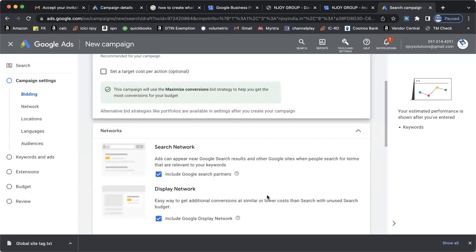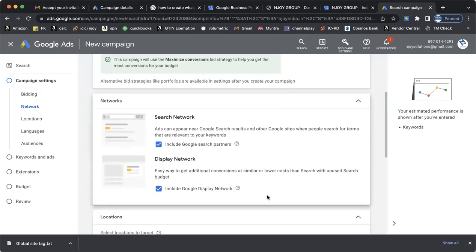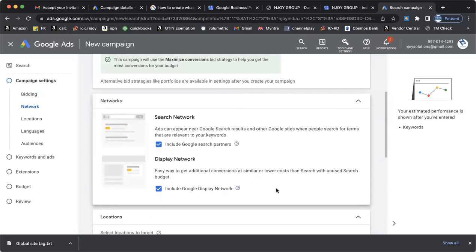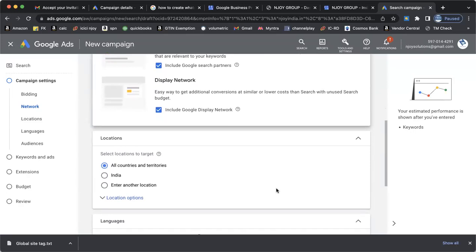Is it only the search network ad? जो कुछ भी आपको आपके सर्च इंजन में जो टेक्स्ट टाइप ऑफ एड्स क्रिएट हुआ था ऐसे ही आपको चाहिए, नहीं तो डिस्प्ले नेटवर्क एड, पॉपअप एड्स, कोई दूसरे वेबसाइट में आपका एड दिखाई देना चाहिए, ऐसा रहना चाहिए तो आप डिस्प्ले नेटवर्क एड्स को भी इसके साथ में इंक्लूड कर सकते हैं। नहीं सिर्फ आपको सर्च एड में ही क्रिएट करना चाहिए, ऐसा आपको चाहिए तो यू कैन बी एबल टू अनलिंक, वहां पे जो डिस्प्ले नेटवर्क के नीचे जो टिक मार्क है उसको अनटिक कर लिया तो सिर्फ जो भी टिक किया हुआ है उसको ही आप यहाँ पे ऐड को क्रिएट कर सकते हैं। दोनों चाहिए तो आप दोनों को यूज कर सकते हैं।